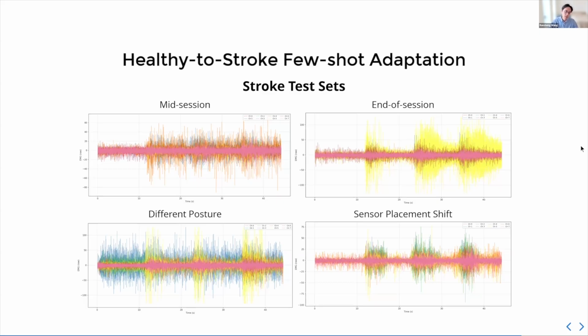You really have to be accurate when the person is moving their arms, at different postures, trying to use the device, and when the sensor is not placed in the same position. Which happens because you take off the sensor one day, you put it on tomorrow, it's almost never the same position. So we're trying to see if the generalizability is usable, useful in the out-of-distribution settings in our case.